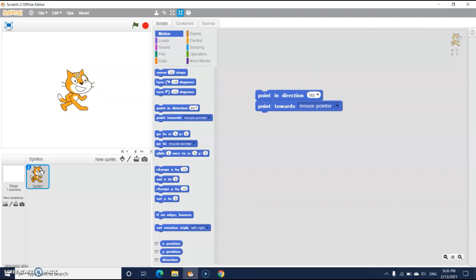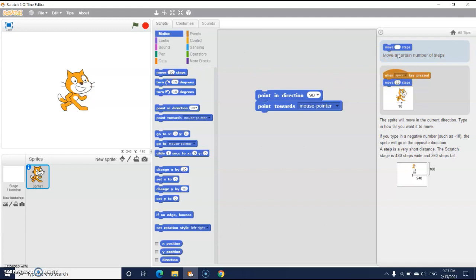Block help. Selecting the block help button will change the mouse pointer into the question mark symbol. When you click on any block in the blocks palette, a pop-up window appears that shows quick tip for a specified block.